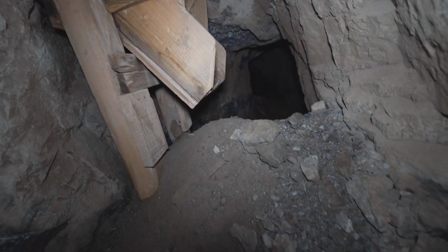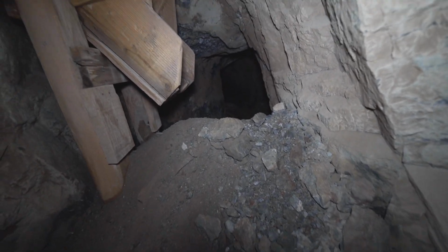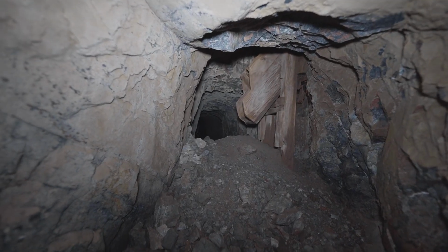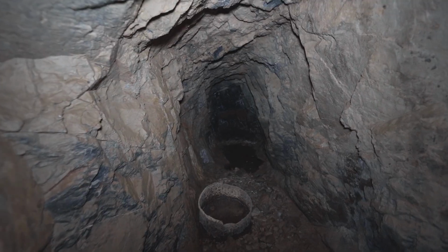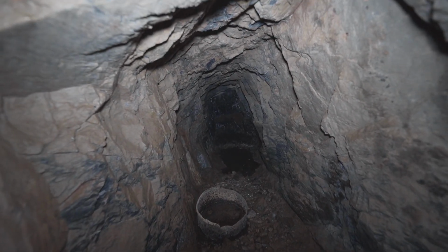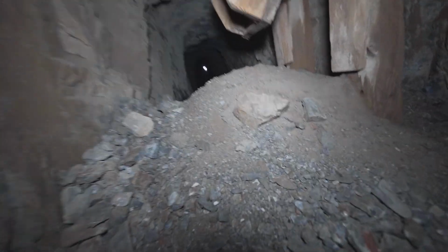So, ore chute with some debris that's fallen down. This is a little tight, so I'm going to turn off the camera and meet you guys on the other side. Okay, so I just came over that collapse, and unfortunately this just goes back to a face, and the tunnel terminates here. So I think there's one more branch we can take, and then we'll start ascending and descending